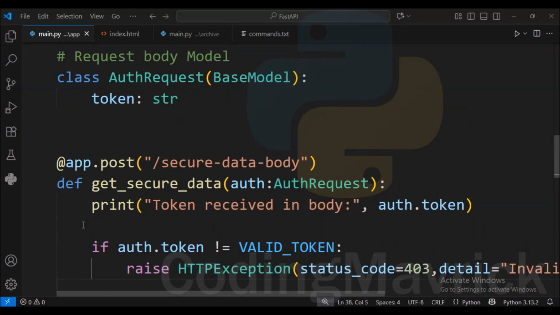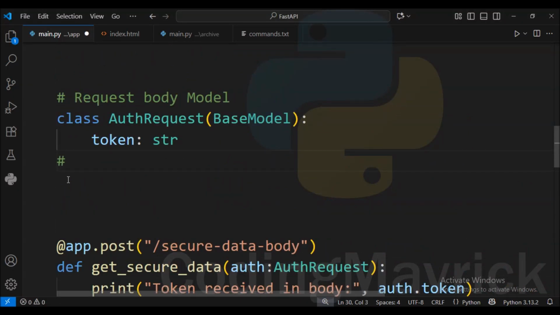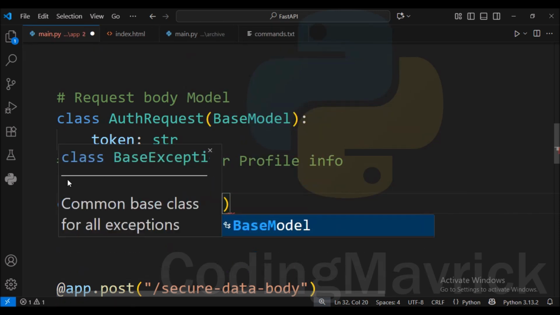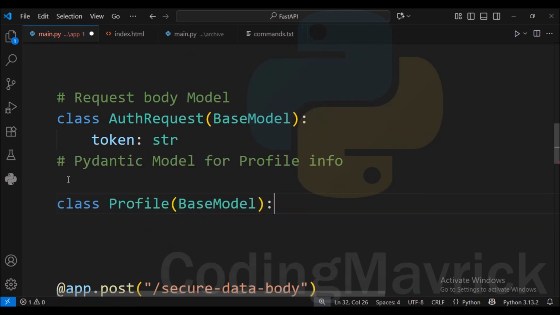Now viewers, in the second section we will define another data model using Pydantic that describes what a profile should look like. We define a new class named Profile that inherits from BaseModel. This means that Profile is a Pydantic model which will carry all capabilities of a Pydantic model and will force the Profile model to obey data validations automatically.